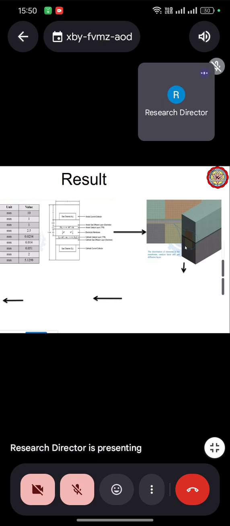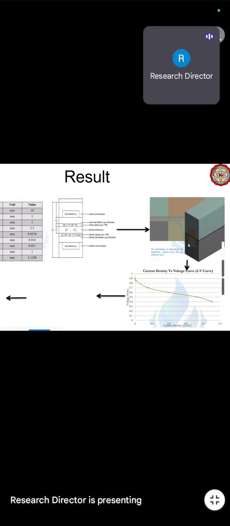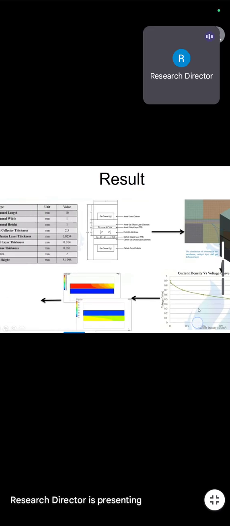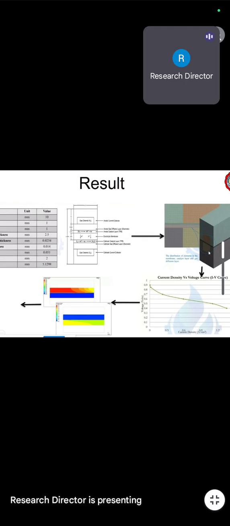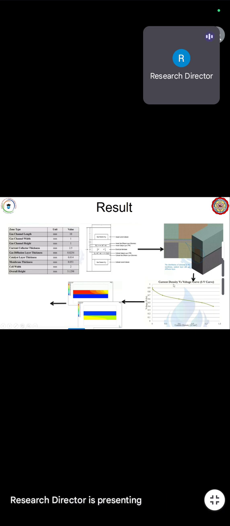So when we have generated the mesh, we need to apply the initial and boundary conditions. After applying them, we will get some results. Here is showing the current density versus voltage curve, the IV curve. These are the experimental work done. I am not showing the boundary conditions as well as the solver here. Otherwise, we can directly take the solver from ANSYS. Based on that we will see here,